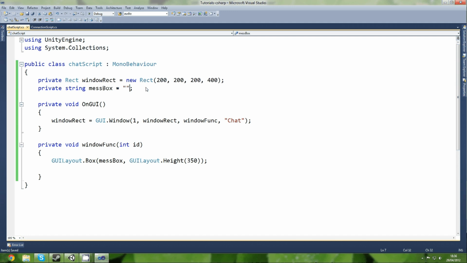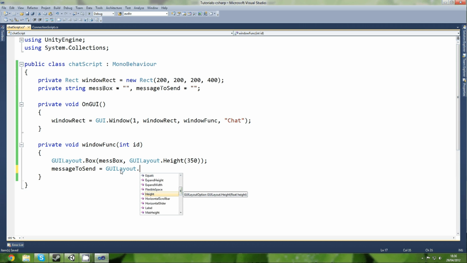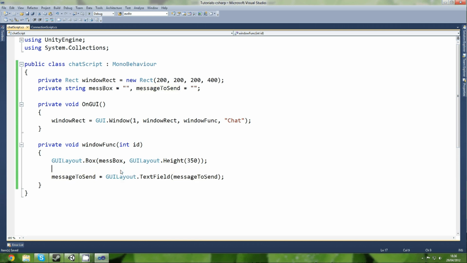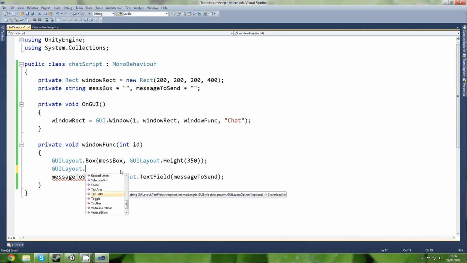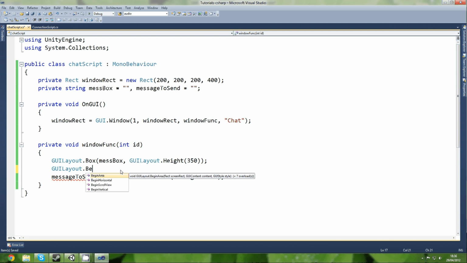So let's create a new string, call it messageToSend, and make it equal to an empty string, and messageToSend equals GUILayout.TextField with the message inside it, and we're going to pack this into a GUILayout.BeginHorizontal